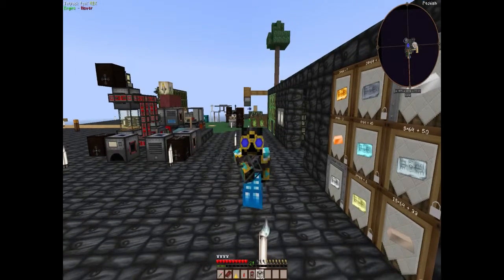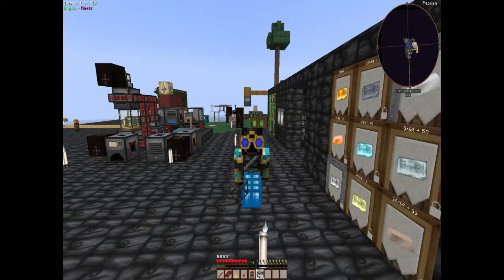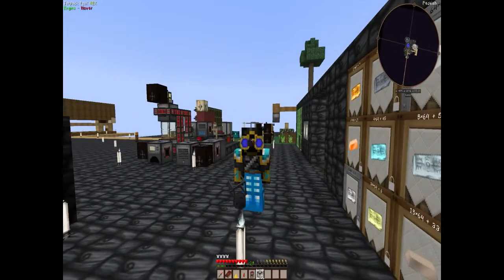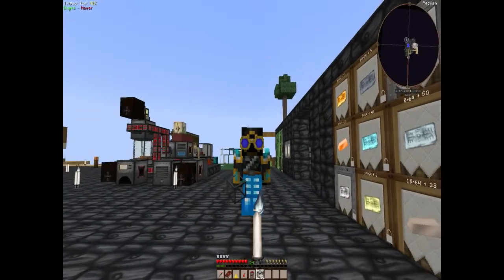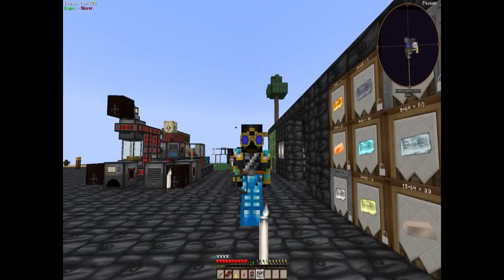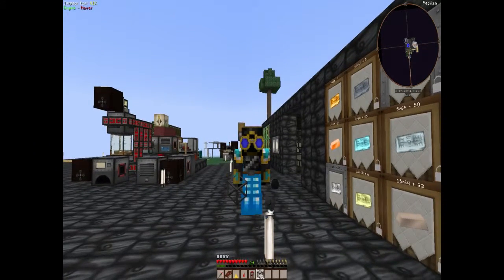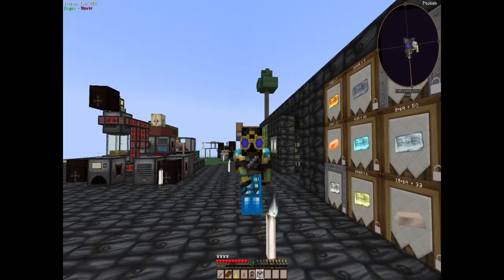Episode 17 of Agrarian Skies 2 single player. In the last episode we were messing around with Botania, got some Terra Steel going, got the Elven portal opened, and got access to a lot more of the flowers and baubles and everything else to play around with. So what we're going to do this episode,